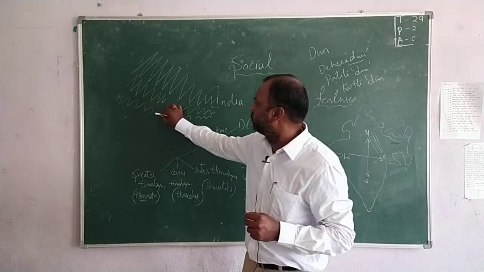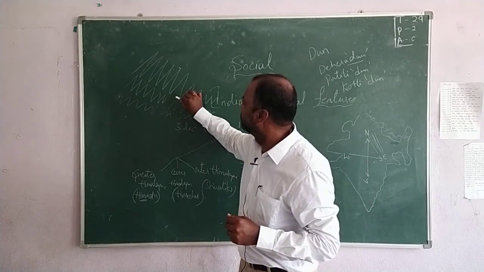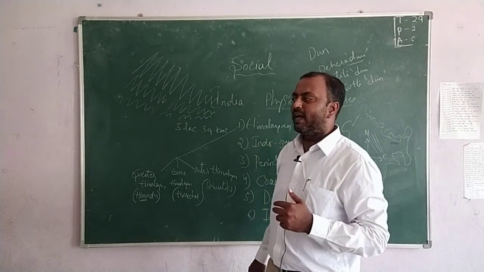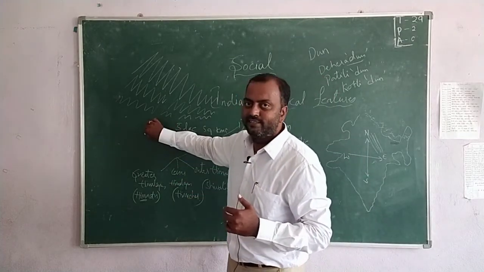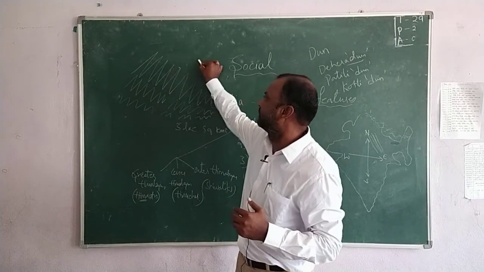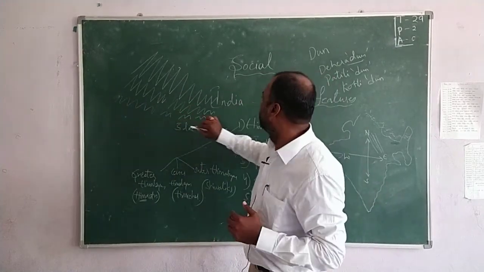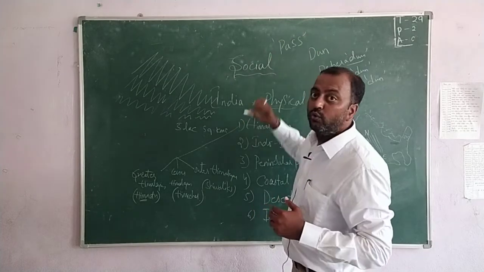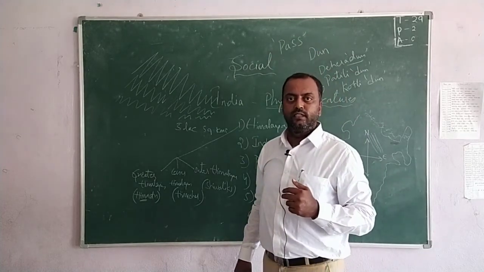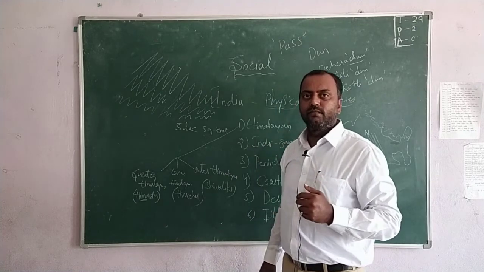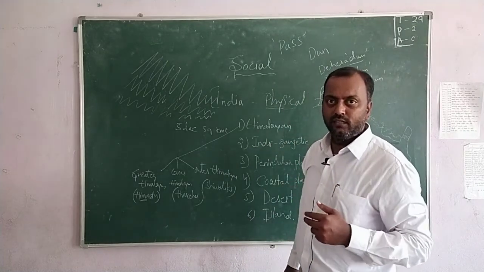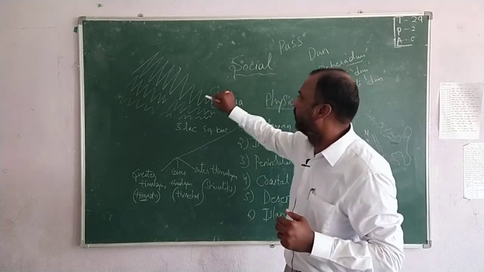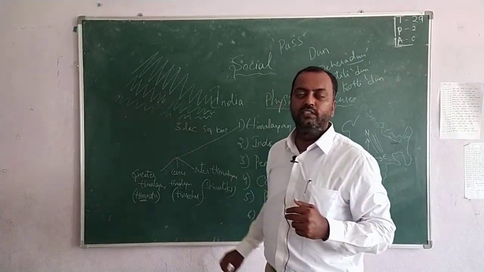There are also natural gaps, routes in between these mountain ranges, which allow passengers to travel from this side of the hill to the other side of the hill. These are called passes. A natural en route is called a pass. Passes like Kaibarla, Bolanla, which connect India and Nepal, India and China, India and Tibet, are also naturally developed in these Himalayan regions.